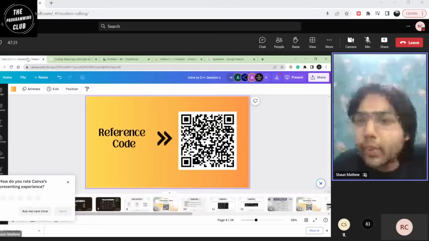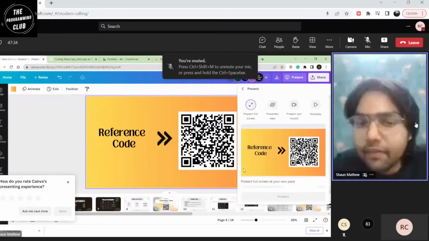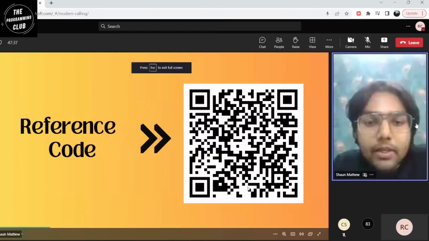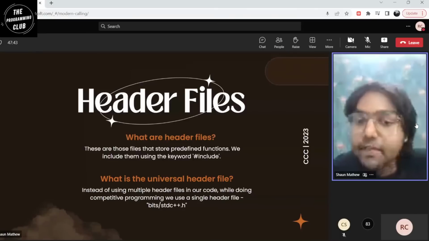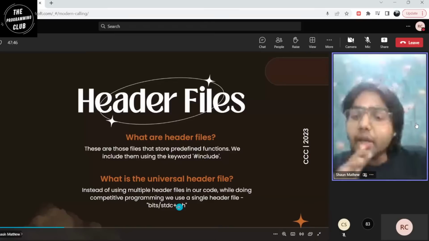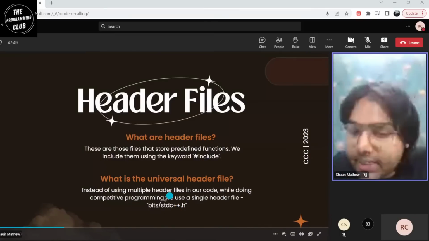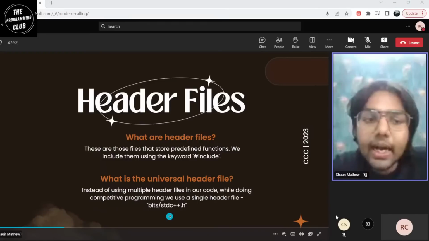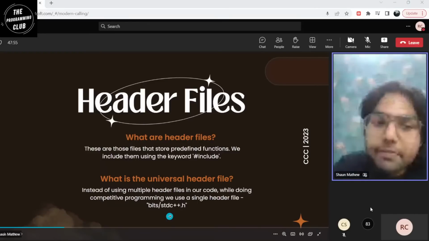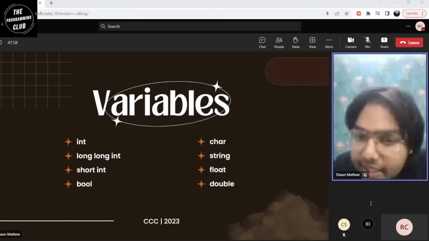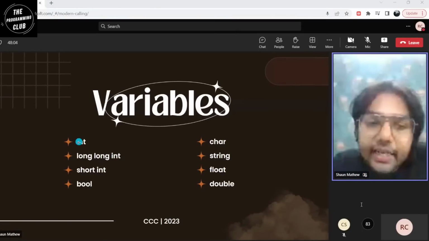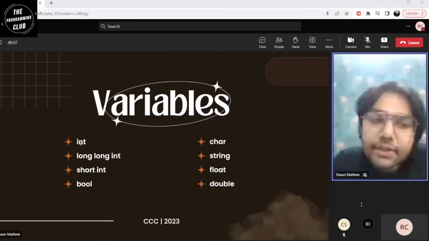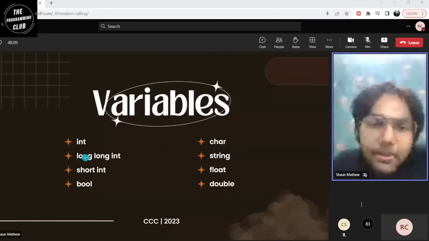So I'll just quickly go through my slides once so that you have a brief idea on what we are talking about. So we are done with header files. I told you what header files are, and the way we include them in our programming using the hash include. We got introduced to the single universal header file bits/stdc++.h, and now we are at variables. Okay, so what are variables? Variables are, again I repeat, containers to store some value that I'll be needing throughout my program. It can be int, char, long int, bool. Don't get confused. These are just the keywords in C++ used to represent those. So this is the list we'll be covering today.